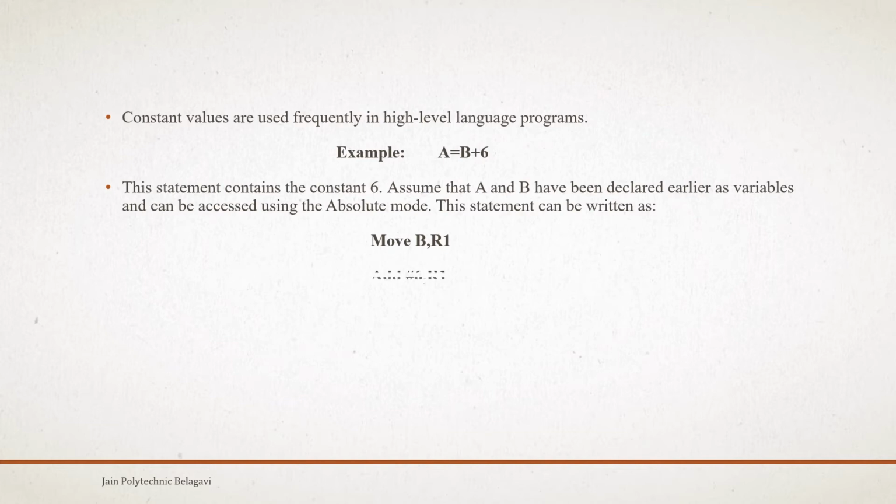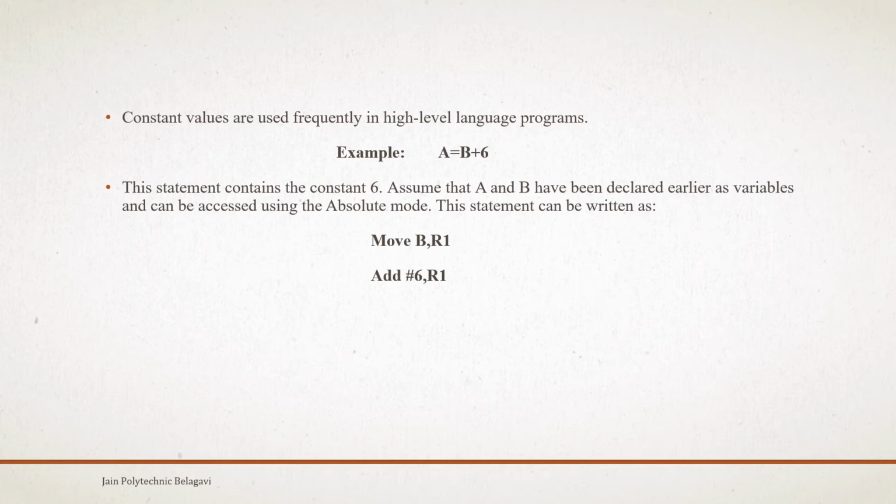After R1 has got the value of b, the next instruction is add hash 6 comma R1, which means the 6 value will be added to R1. Since R1 contains the value of b, 6 is added to R1, and after the addition the result will be stored in R1 itself.